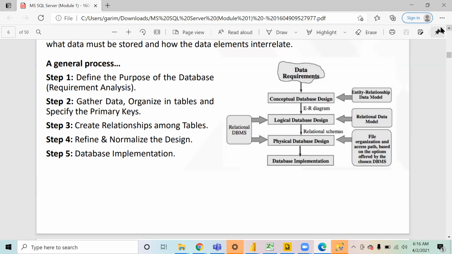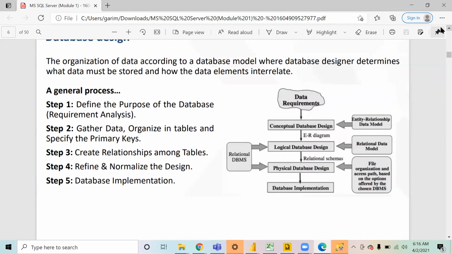Now, whenever a database is created, how does that database design start? It is not that a developer will straight away jump onto the SQL server and say, okay, let's start creating a database and the tables and all. No, it doesn't happen that way. In real time scenarios, creation of a database is something that will be used for a lifetime, right? It is something which you will be using day in, day out to manage and fetch your data.